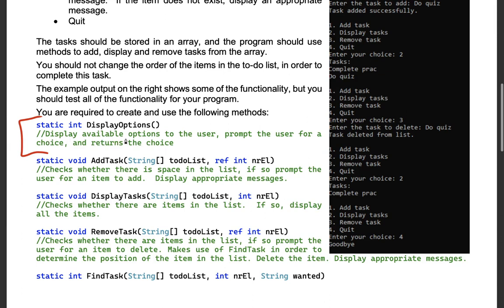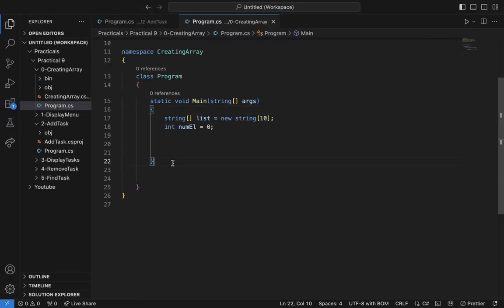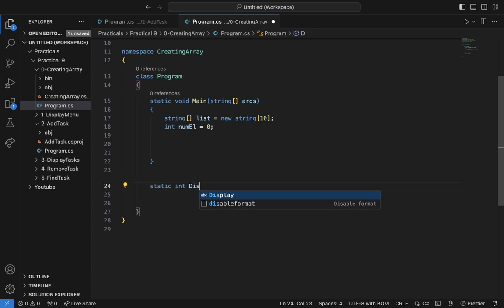So display available options to the user, prompt the user, then return the choice. So the choice is going to be either 1, 2, 3, or 4, which means it's going to be an integer. So our method, the display options method, is going to return an integer. So then we can start by writing the method. So it's static, returns an integer, display options,